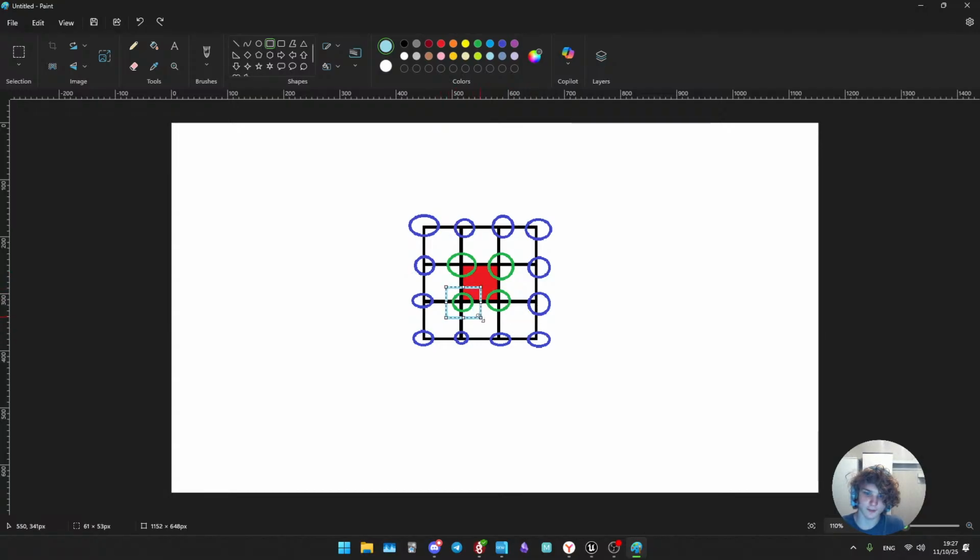So when we need to render our visible chunk,